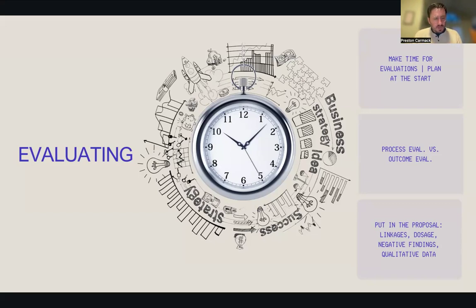So, in case this hasn't been explicitly clear, when you are building your proposal, you should make it explicitly clear how you plan to evaluate the project, right? You should plan for evaluation at the start of the project. So as you're planning the project, you should also be planning how you're going to evaluate and assess that project.